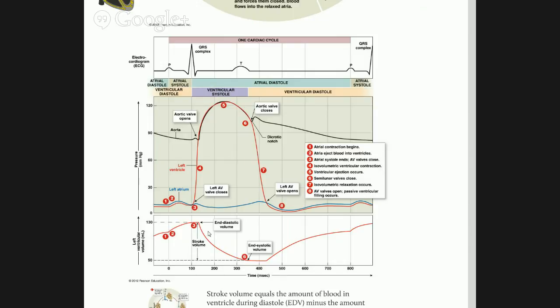In the volume graph, the highest volume is called end diastolic volume. The lowest volume is called end systolic volume, which means at the end of ventricular diastole, right before it starts contracting, that's the volume. And at the end of systole, when it finishes contracting, that's the lowest volume. The difference between those two is what we call the stroke volume, or the amount of blood that's ejected out of the ventricle into the aorta,